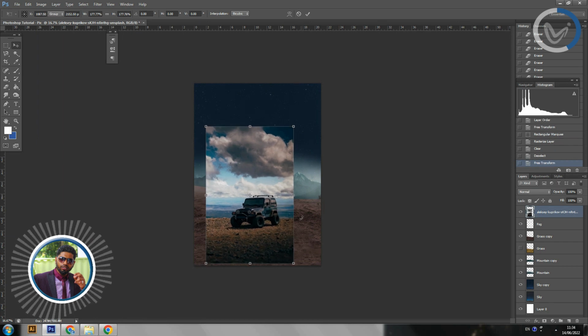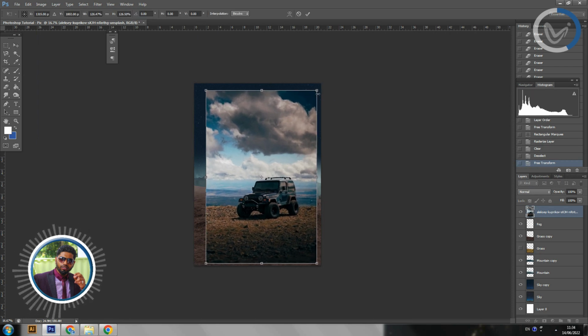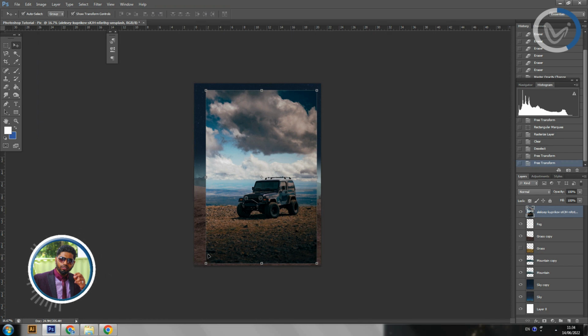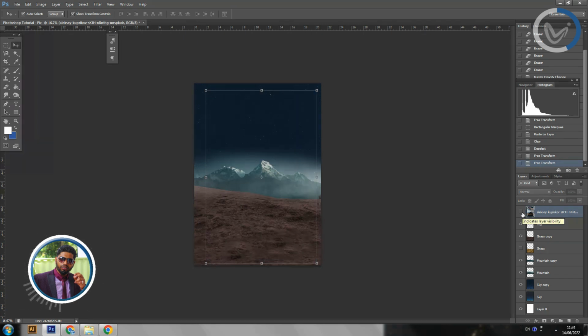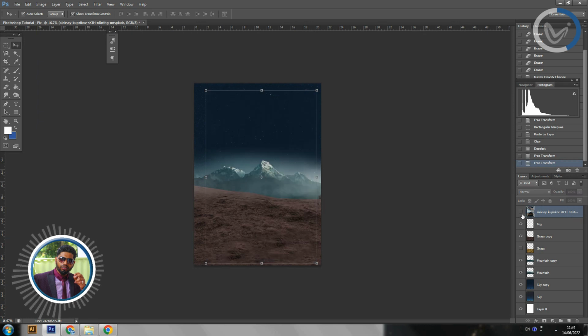Okay. So what we're going to do now is get our main piece of image, which is going to be our Jeep. So we're going to drag this in one more time, like this. Enter. And this has to be on top. The focus on top right now. Okay, anyway, so what we're going to do with this is we are going to first